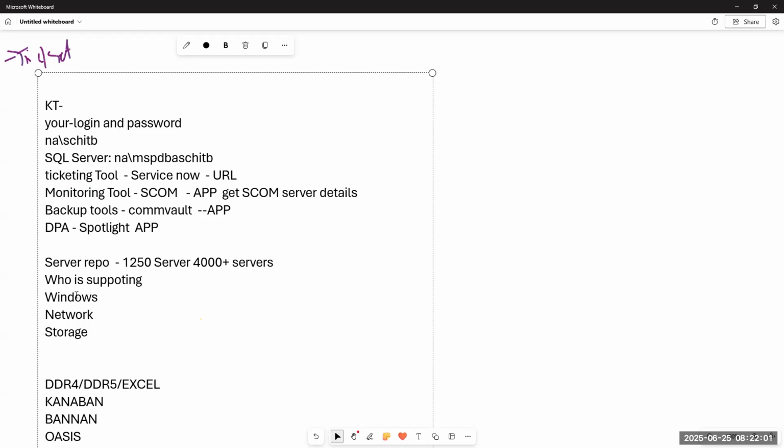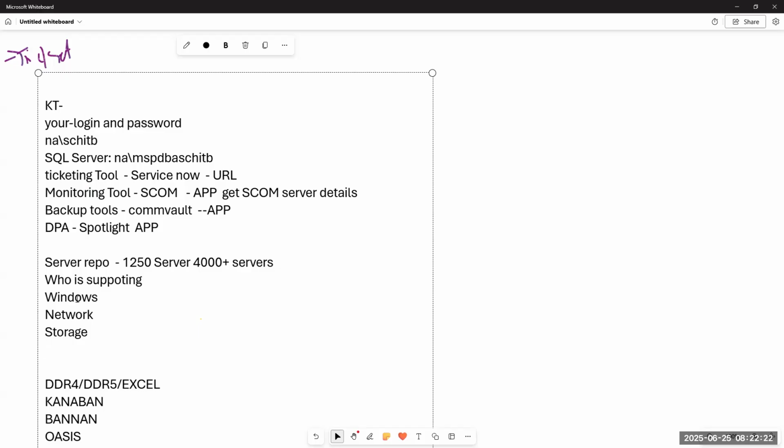These are all very important. Who is maintaining the Windows servers? On top of Windows Server, you are installing SQL Server, but our main agenda is SQL Server. If something happens to the operating system, you are not responsible. The Windows team will take care.